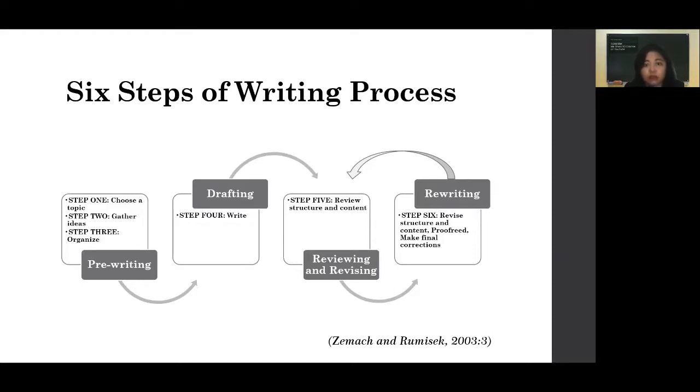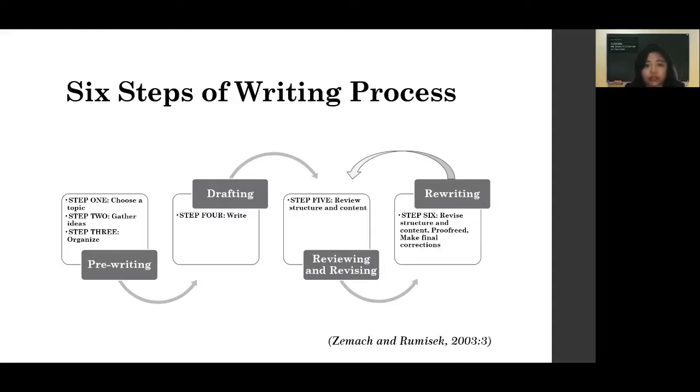Let's go to step 3, organize. This time you have already gathered ideas in your hand. Then decide which ideas you will elaborate in your paragraph or writing, which idea comes first, which comes second, where to put the ideas, and which idea will support another idea.